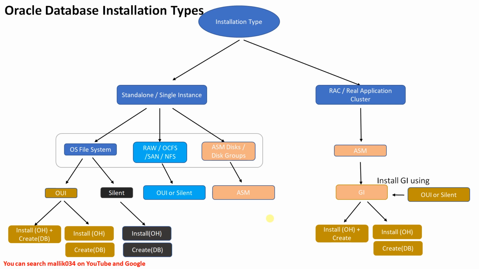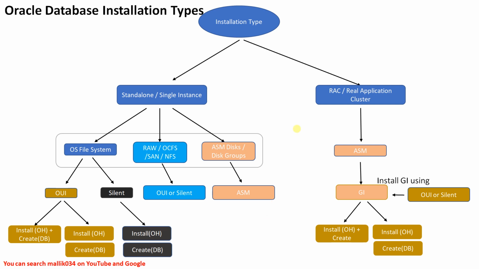This is Malik Arjun, chapter 7 on Oracle database installation types. In my previous sessions, I explained the difference between the standalone database and RAC database, and these are the two types of databases available in Oracle. And also I explained the entire Oracle database architecture, how it works, what the memory components SGA and PGA are, what the server processes and backend processes are, and what my database file structures, physical files, are. Everything I explained. And now coming to the installation type, I'm going to explain the entire installation process in this